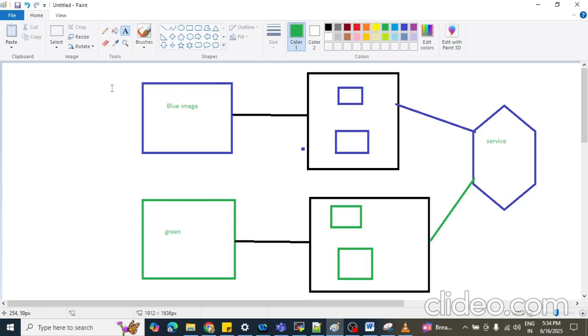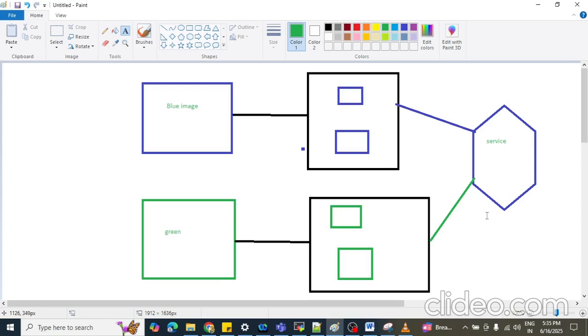We are creating the same infrastructure on the blue side and the same infrastructure on the green side for the same application. The only difference between both applications is the versions. Same application version V1 is there, same application version V2 is there. So we are running the same application simultaneously in different versions.